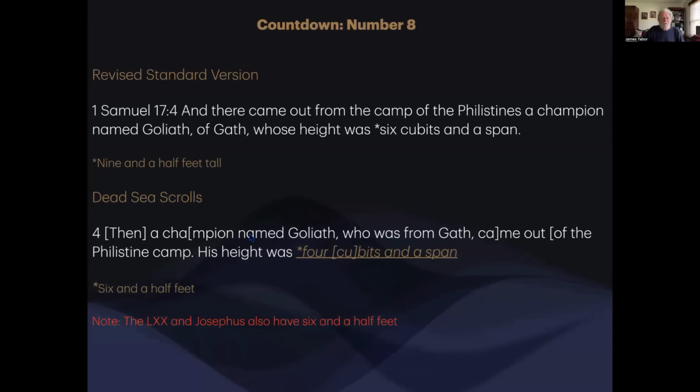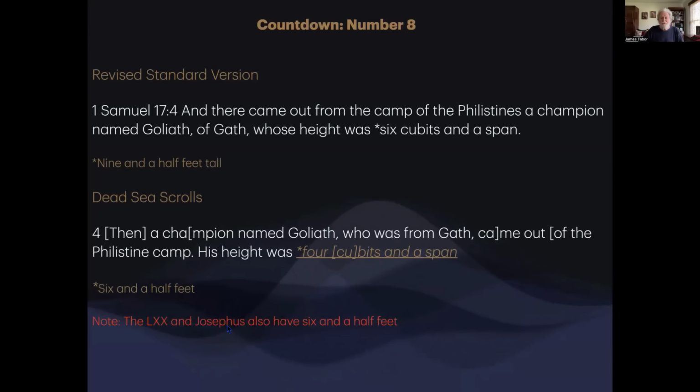But we have an older text. It's over 1,000 years older. And also the Septuagint, that was translated from the Hebrew in the second century BCE, before the time of Jesus, and Josephus, the Jewish historian, have 6.5 feet. Now, so far, I don't think any Bible has changed, but it sounds to me like you should change this to 4 cubits and a span because you've got all these earlier witnesses that are saying that's what it originally